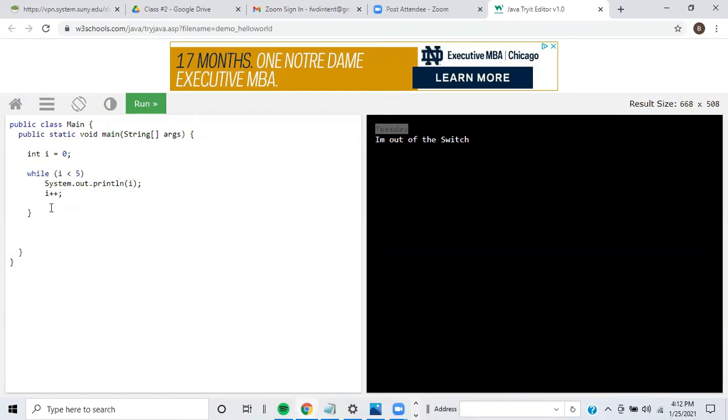Then it'll come back up and it'll loop. It'll hit the end of the while, it'll come back up, and it'll retest I. So now I equals 1. 1 is less than 5. It'll come inside the while loop, it'll print I, which will be 1. And then increment I by 1, which is now 1 plus 1 is 2. And comes back up and keeps on repeating the loop until I is